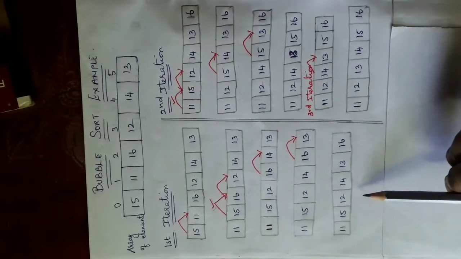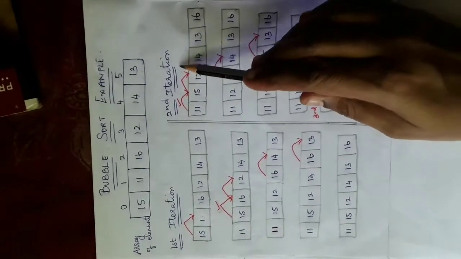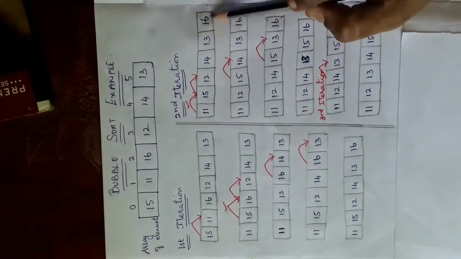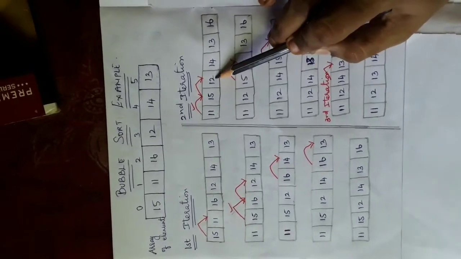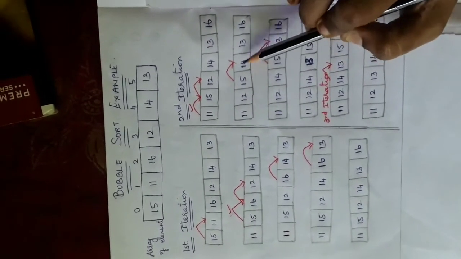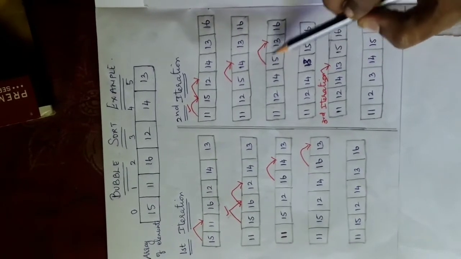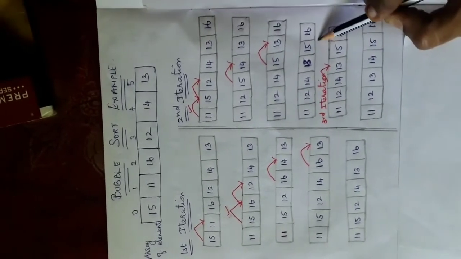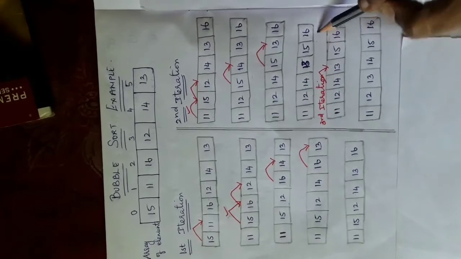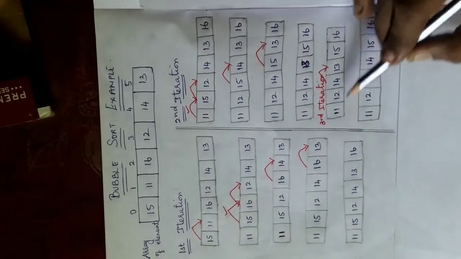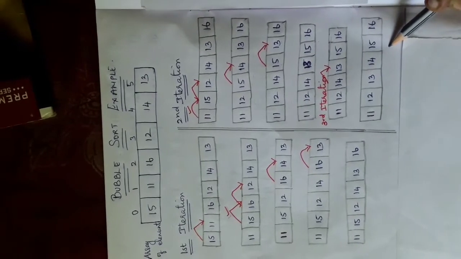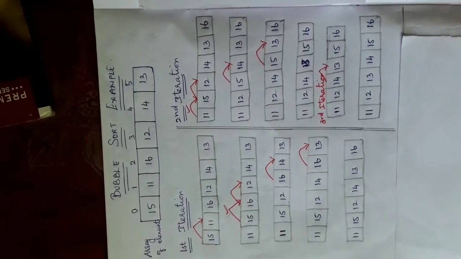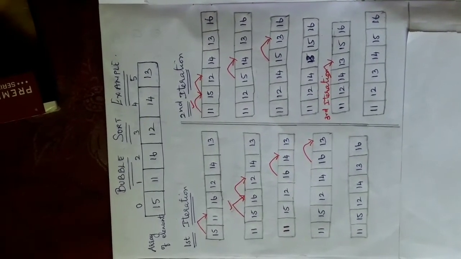Now, it is not in the correct order. Then it will continue with the second iteration. Again, from the beginning, two numbers will be compared. 11, 15, then 15 and 12. So, 12 has to come to the front. 15 and 14, 14 will come to the front. Then 15 and 13, 13 is smaller. Then 15 and 16. So now your second iteration is completed. Now also it is not in proper order, so it will go for the third iteration. After finishing the third iteration, we got the final sorted array as 11, 12, 13, 14, 15 and 16. So, this is the example for the bubble sorting algorithm.